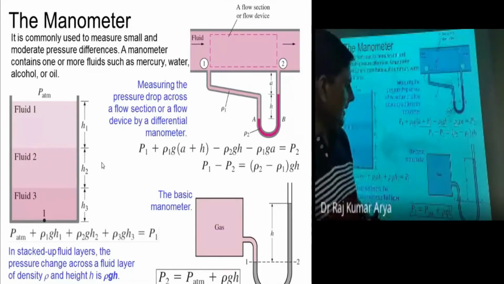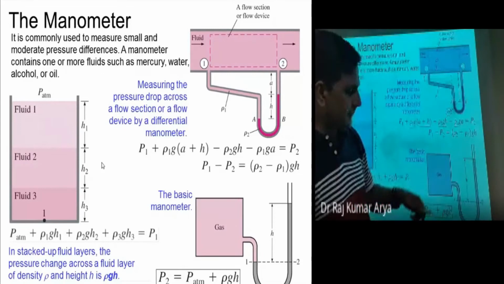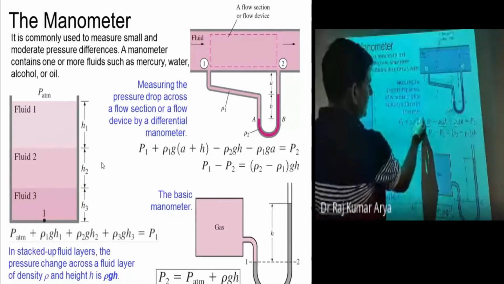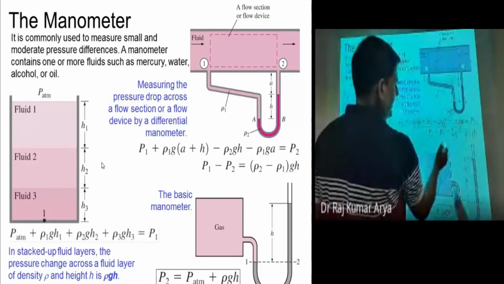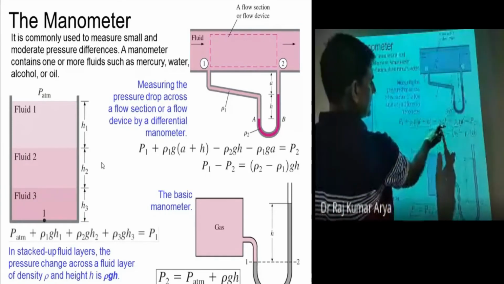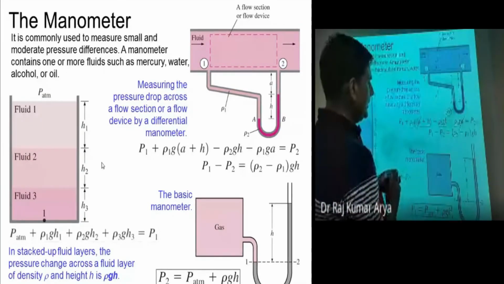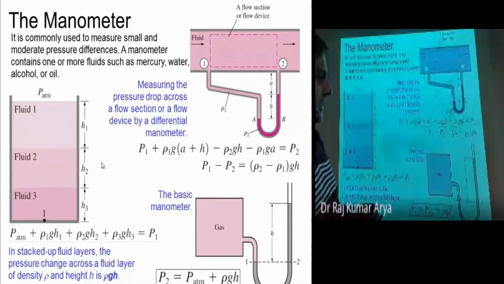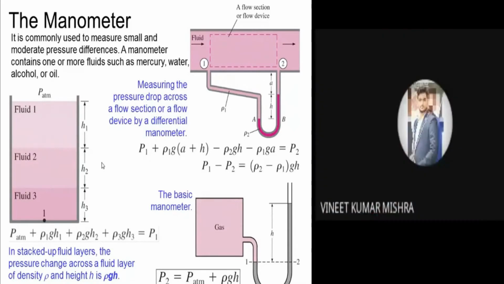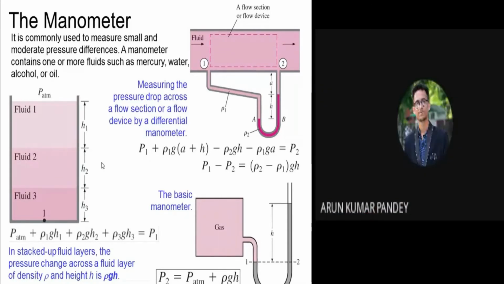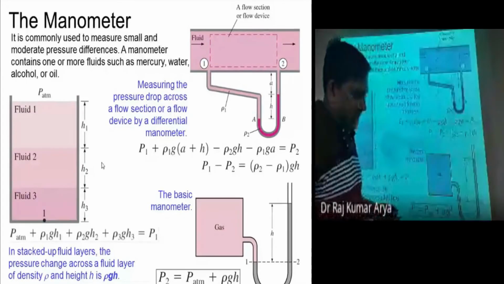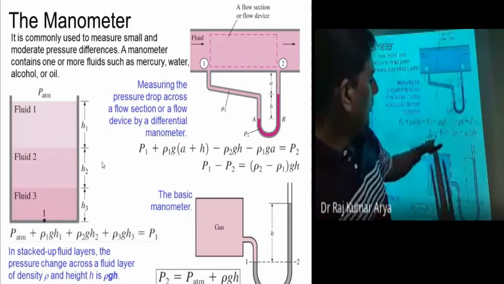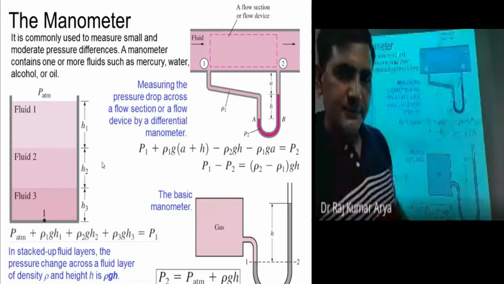So this is the equation for that, and after that you can arrange them. The common a term will get cancelled from here, so you will have this term and this one, and one with this one here. For that case, you will get this particular equation here, right? So this is how you can calculate the pressure difference between any 2 points.